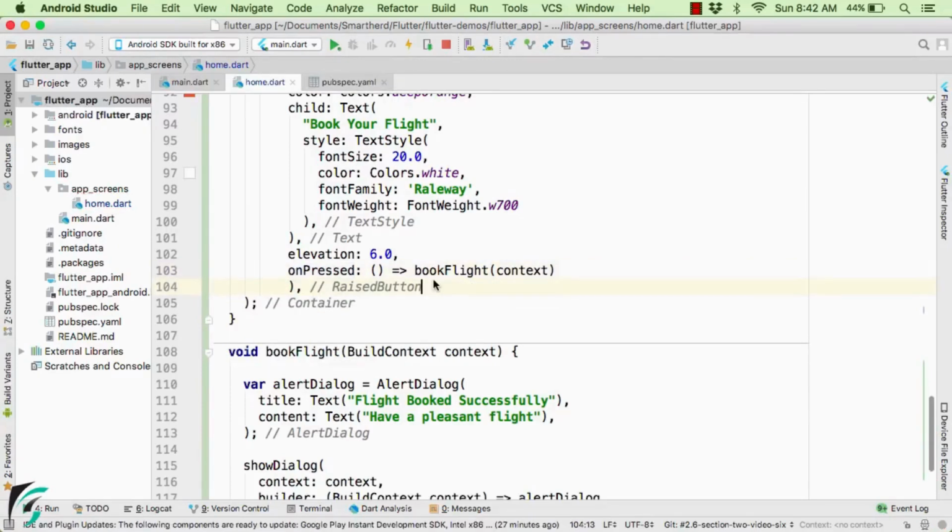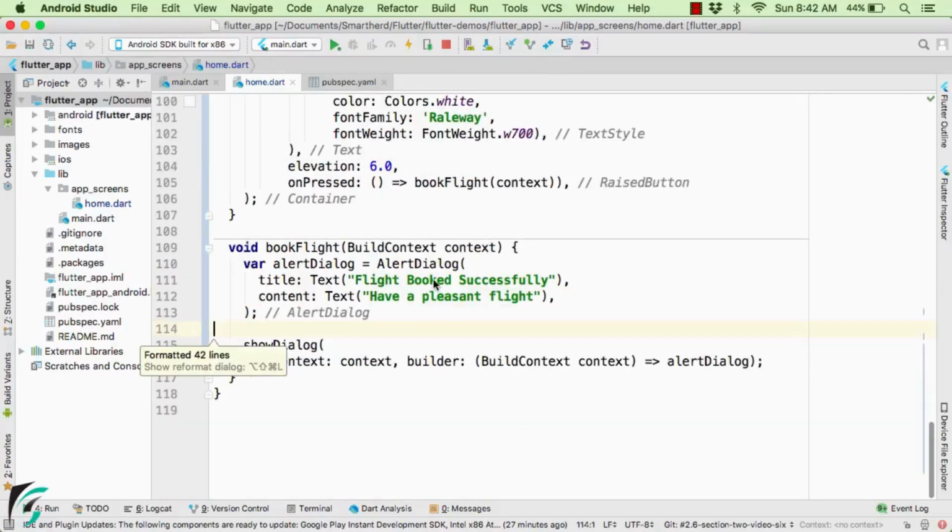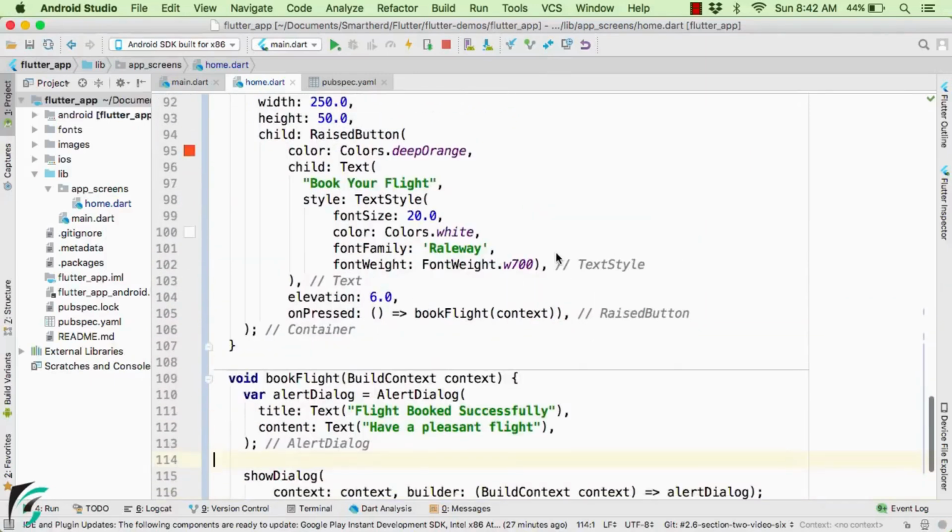Looks great. And at any point of time, if you feel like reformatting your code, then simply press Alt Command L or Alt Control L in case of Mac and Windows respectively. It will format all of your code. Perfect. So that's all for this